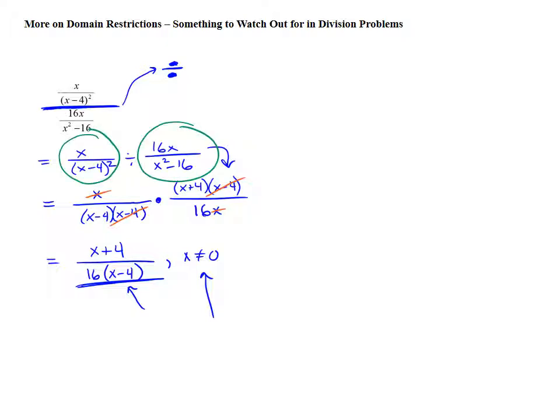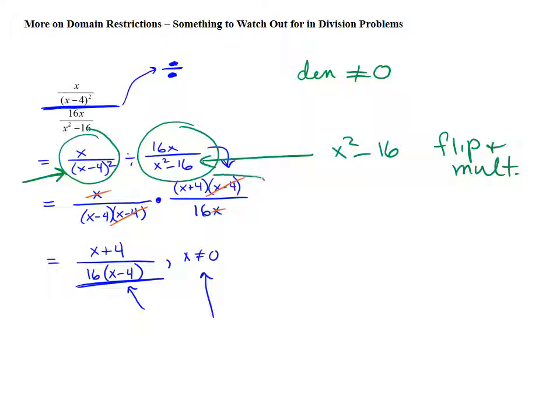this fraction. Okay? Remember, with fractions, denominators cannot be equal to 0. The first denominator is going to remain in the denominator. The second denominator, though, of x squared minus 16 is not going to stay there. When we flip and multiply, that denominator is going to end up being in the numerator after the flip. So even though that denominator of x squared minus 16 can't be 0, technically, it doesn't show up in the